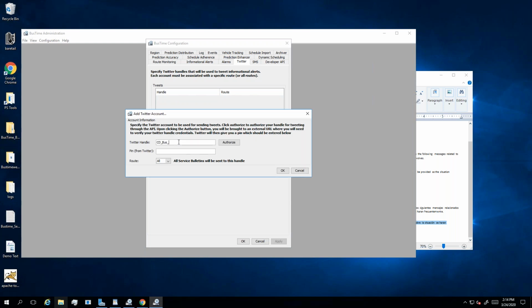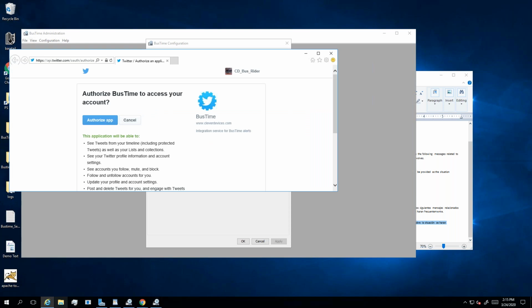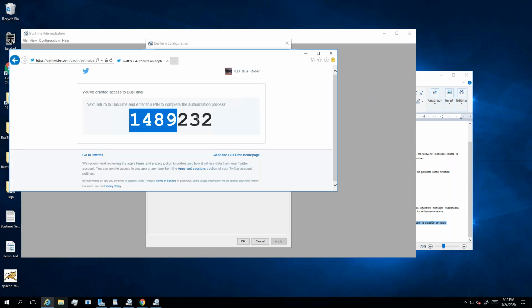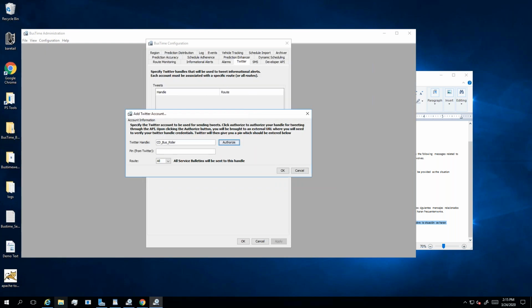So just defining the Twitter handle, selecting the prompt to authorize, allowing Twitter to authorize the app, grabbing the authorization pin, and then just dropping it into the appropriate point there. I'll pause to note that this can be configured so that a particular Twitter handle tweets service alerts for a given route.